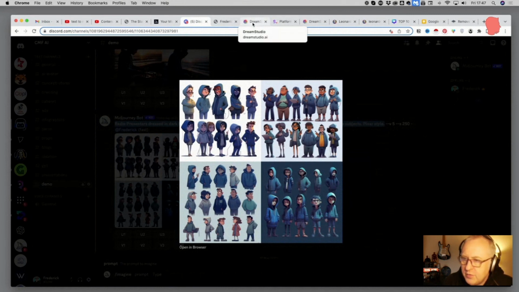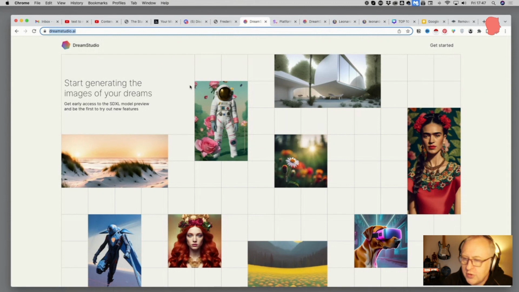Let's go now to DreamStudio. So DreamStudio.ai, this is the flagship UI of Stable Diffusion by stability.ai. You can also use Stable Diffusion on Hugging Face. There are different spaces there to use it, or via the Replicate API. There are multiple places on the internet where you can use for free or for a small fee Stable Diffusion,